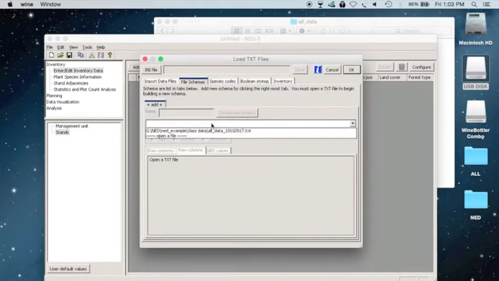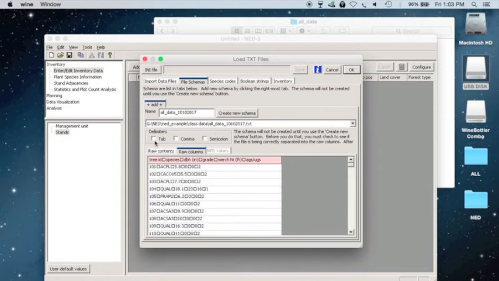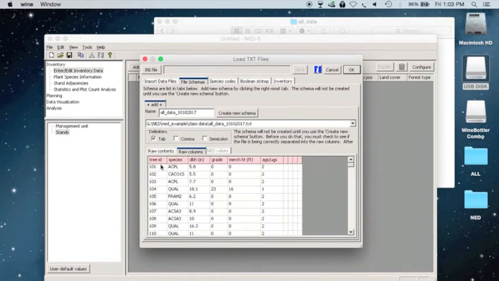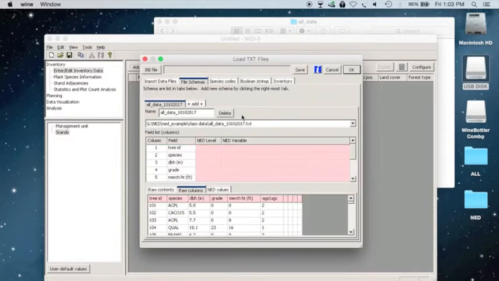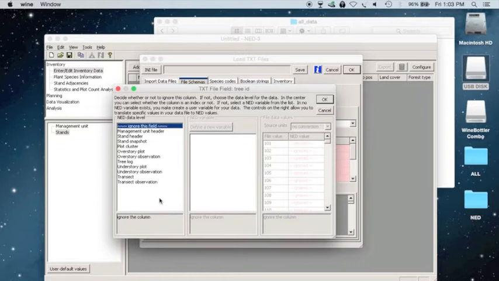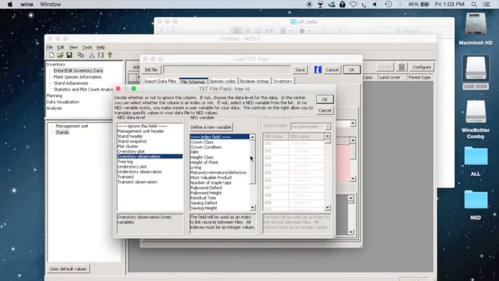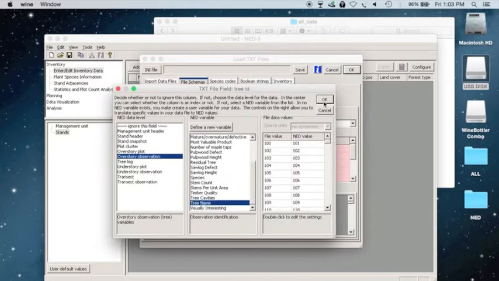And so when I select my file, you will see that there is tree ID, species, the DBH in inches, tree grade, merchantable height, and then determining whether the tree was acceptable or unacceptable. So when I go ahead and create a new schema, these first three variables will be the same as last time. Overstory observations, the tree ID number I called the tree name,